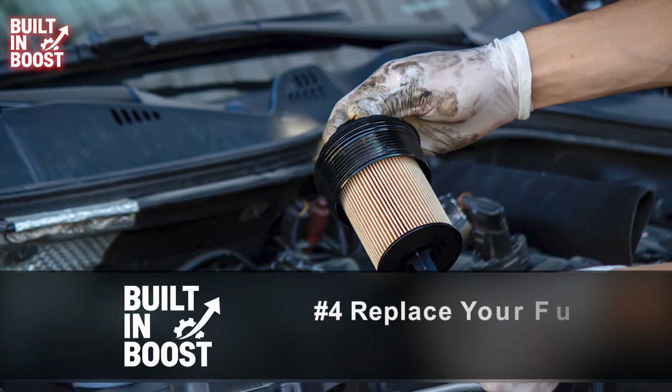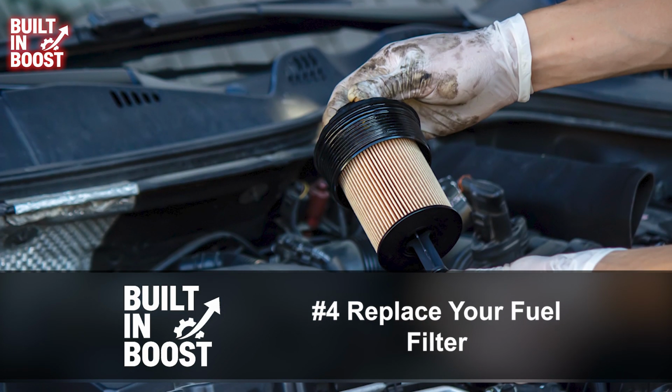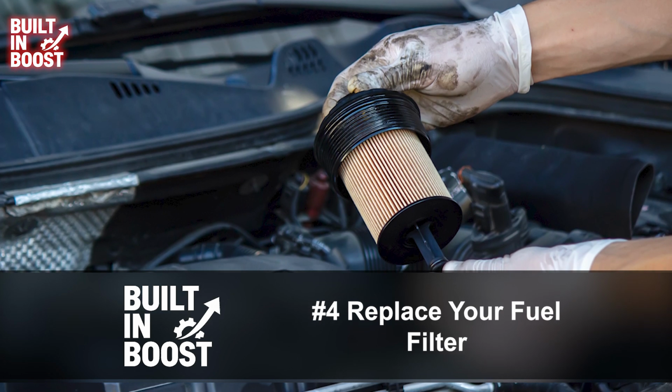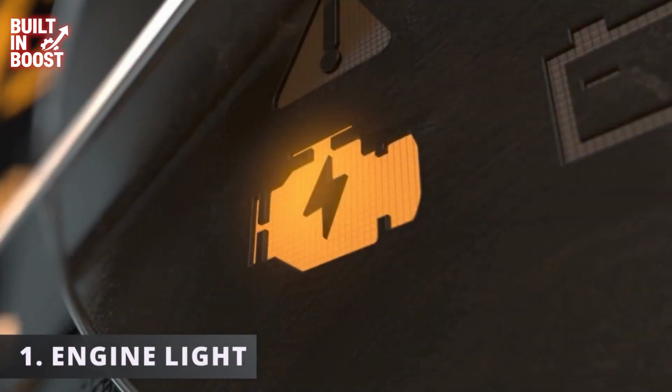Number 4. Replace your fuel filter. Your fuel filter sits between your gas tank and your engine, catching dirt, rust, and debris before it can reach your fuel injectors. Over time, this filter gets clogged with all the junk it has been trapping, which restricts fuel flow and makes your engine work harder to get the